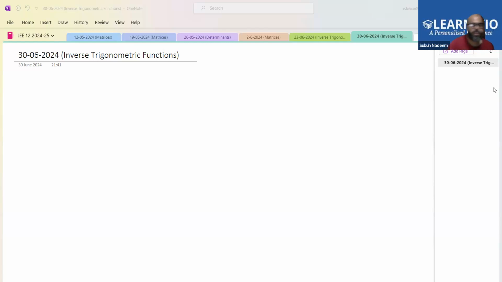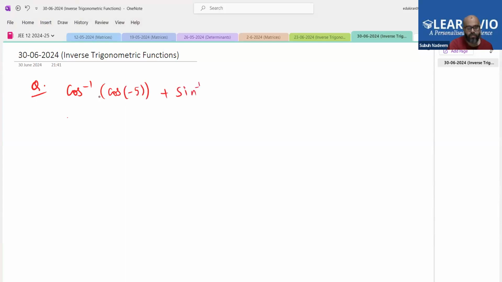Okay, let us start. So we are doing inverse trigonometric functions. There is a question: cos inverse cos minus 5 plus sine inverse sine 6 minus tan inverse tan 12 is equal to